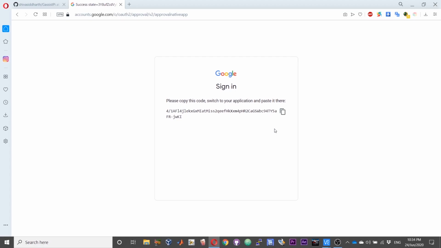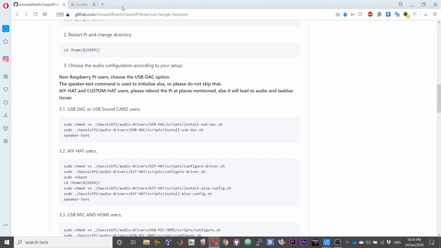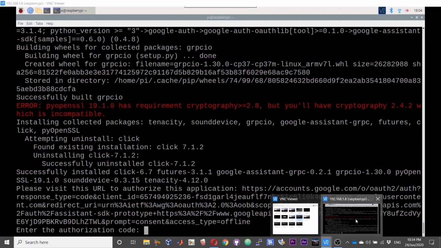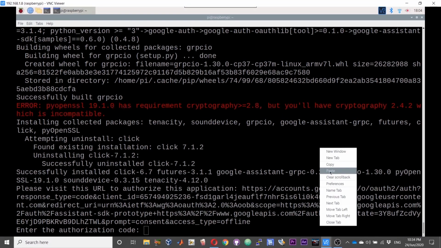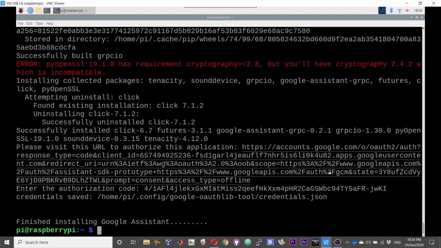At the end of this process, you should get the authentication code. Copy that and paste it in the terminal and then press enter. Now you should get a prompt that the Google Assistant has been installed.